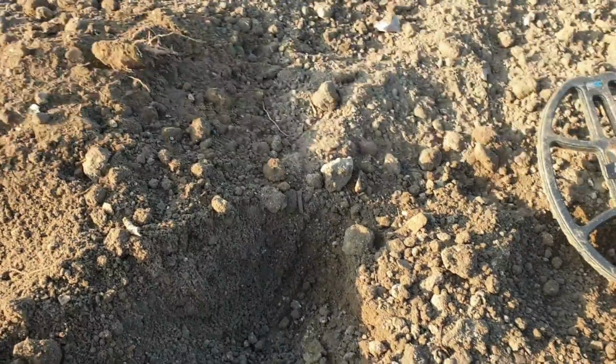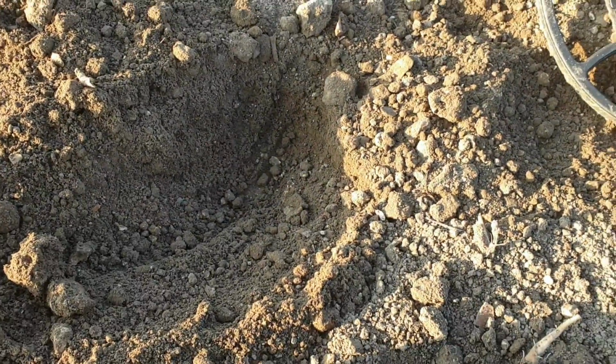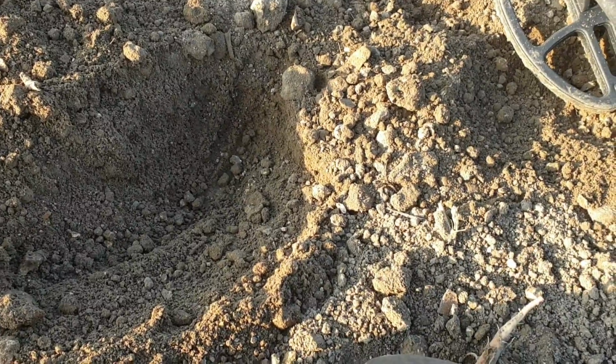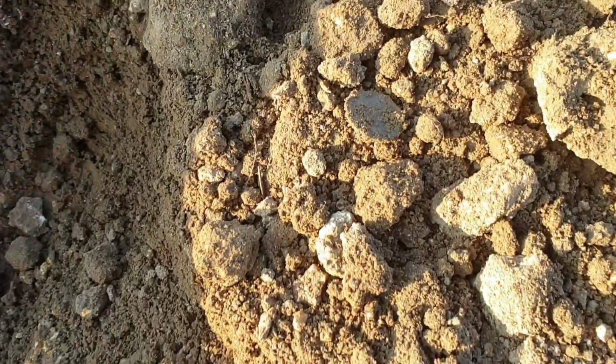Hello everybody, I'm back again. Now I think I found another hammered, and I've just said to myself it's not, is it? And I think it is. So let's have a first glance. As you can see,